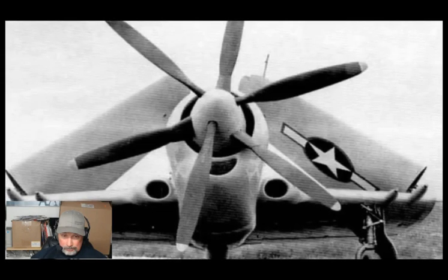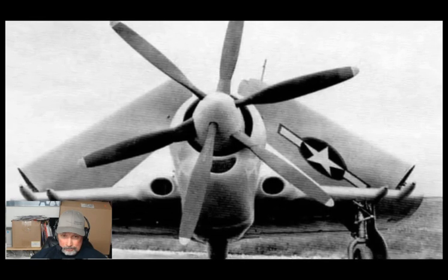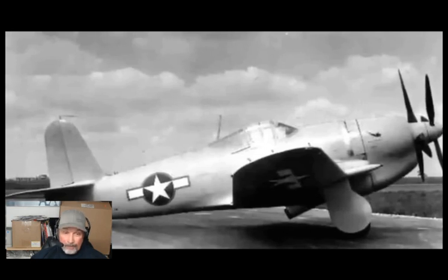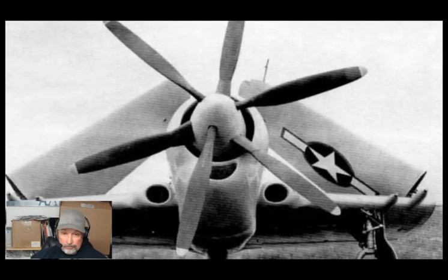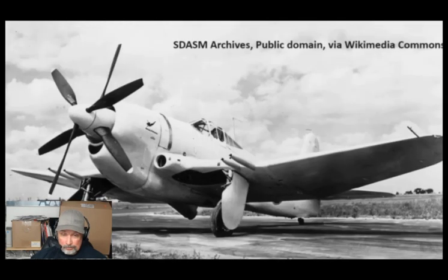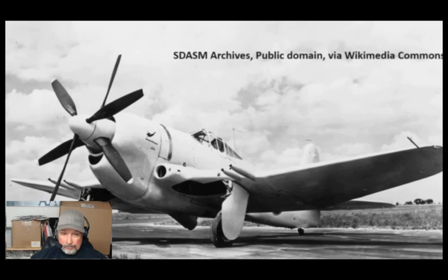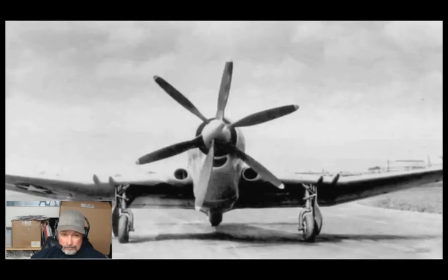Having said that, the engine they chose was certainly a beast, a turbo-supercharged variant of the Wright R3350 Duplex Cyclone, the engine famously used on the B-29 Superfortress. That's a big engine. This engine, though bulkier than the Lycoming, could produce 2,250 horsepower and was ideally suited for high-altitude combat, leading the Navy to decide that the new aircraft, now designated as the XF14C-2, might make a high-altitude fighter. To be honest, it seems that the Navy was just double-checking that they weren't missing out on something special,